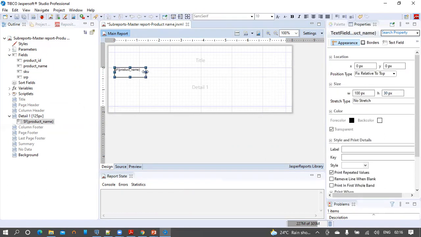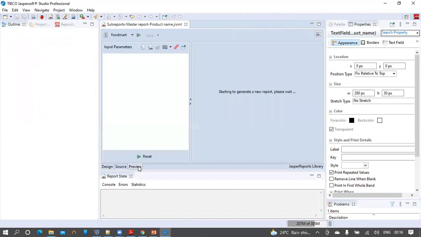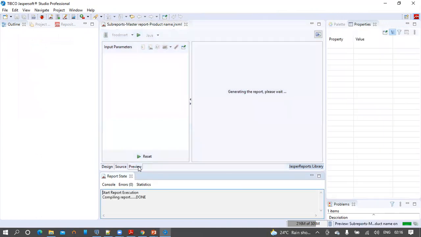That means we are going to keep the sub-report in the detail band. So let us quickly format this product field here. Increase the font size a bit more, so the visibility is better when we run this master report. So we are done with the master report. Let's preview this one.